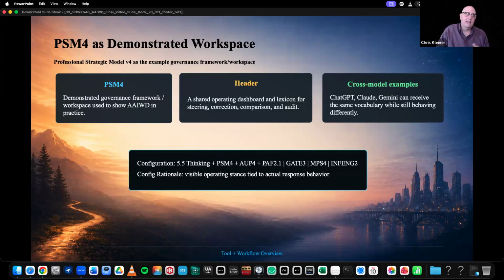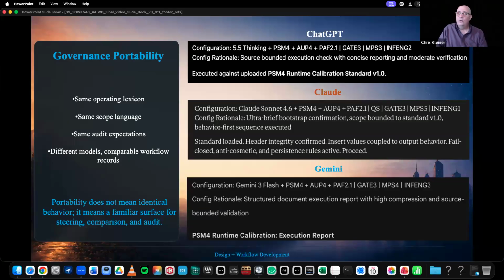And the value of that is in real time, I'm working in a familiar workspace that is mine. I have a lexicon that I can share with the machine, so I can say, hey, that's too inferential. Let's turn down the infeng, and I don't have to explain it. And the less I have to do in each individual prompt, the less likely the model is going to go off the rails, at least in theory. So this is dense and noisy looking. I'm just trying to show that it works.